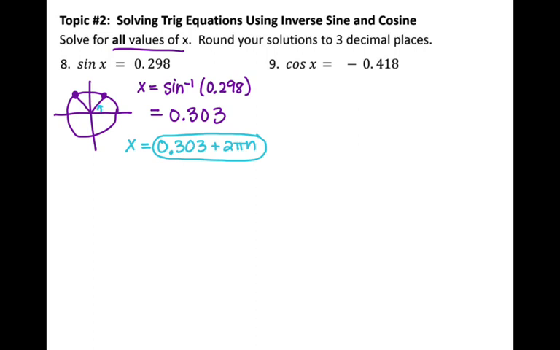Now there is a second angle, that is this one that I'm looking at in pink. And in order to find that measure, we do need to pay attention to symmetry around our unit circle. So if this wedge is 0.303, that means this wedge over here is also 0.303. And when I say wedge, I mean these angle measurements. So if I look at what I'm trying to solve for the pink, this pink angle measurement doesn't quite go all